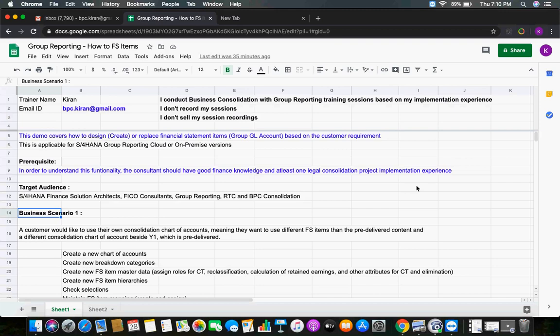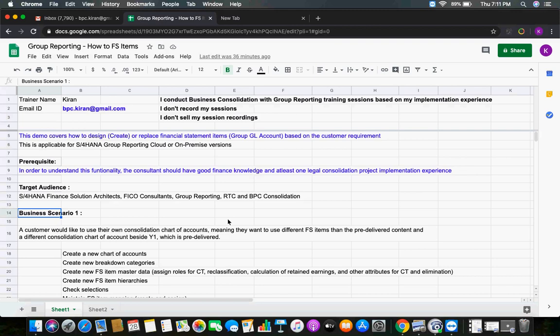With that you get financial statement items, SAP delivered financial statement items. Also you get some configurations, right? Mappings, operational chart of accounts mapping with financial statement items, some reclassification methods, some currency translation methods, some consolidation of investment methods. So many things you are going to get based on the standard content.